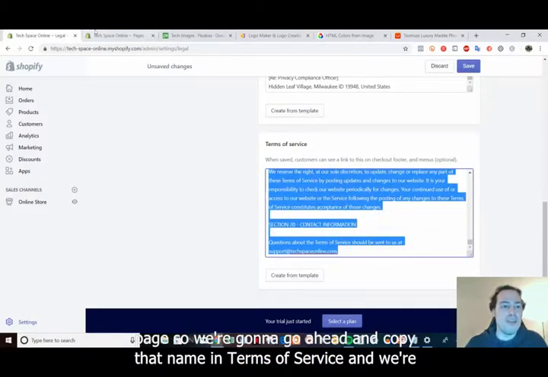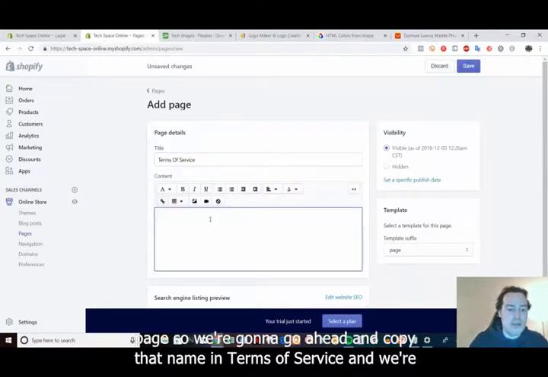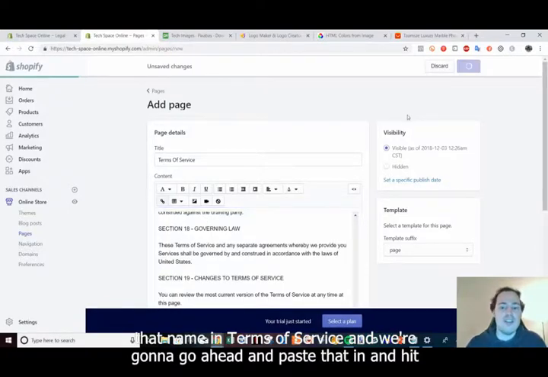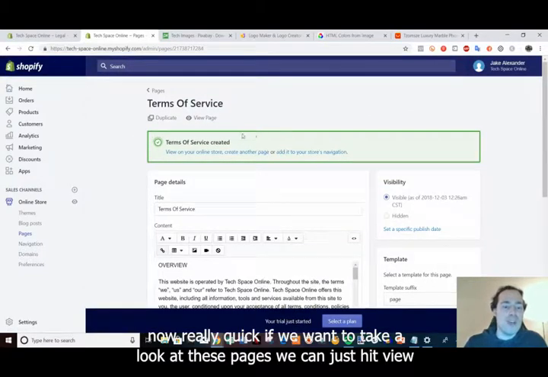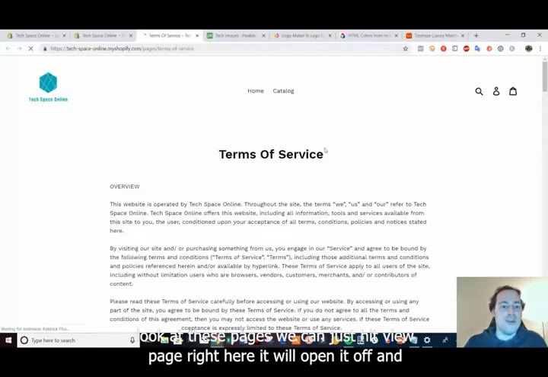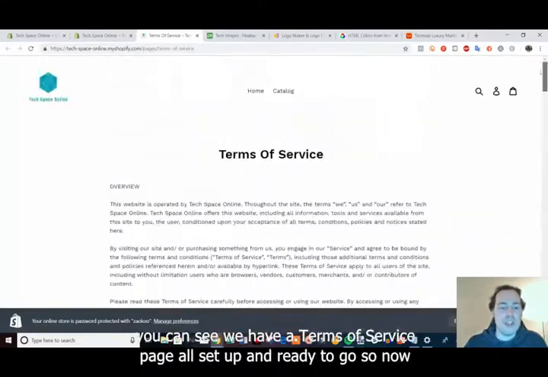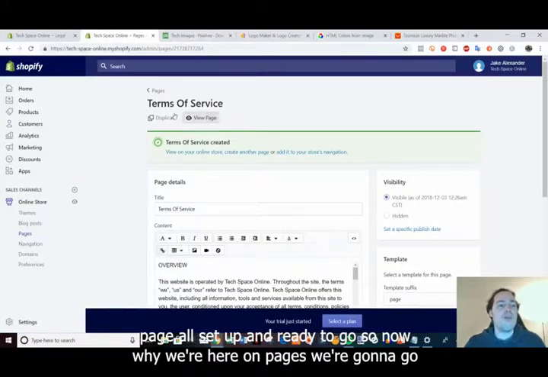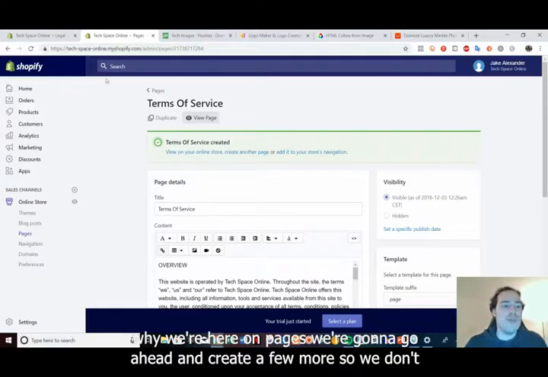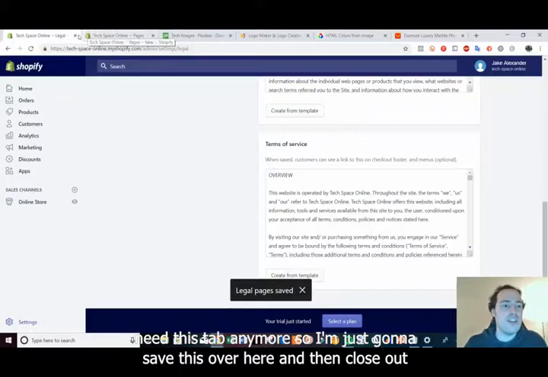So we're going to go ahead and copy that, name it terms of service. And we're going to go ahead and paste that in and hit save. Now really quick, if we want to take a look at these pages, we can just hit view page right here. It'll open it up and you can see we have a terms of service page all set up and ready to go. So now while we're here on pages, we're going to go ahead and create a few more. So we don't need this tab anymore, so I'm just going to save this over here and then close out